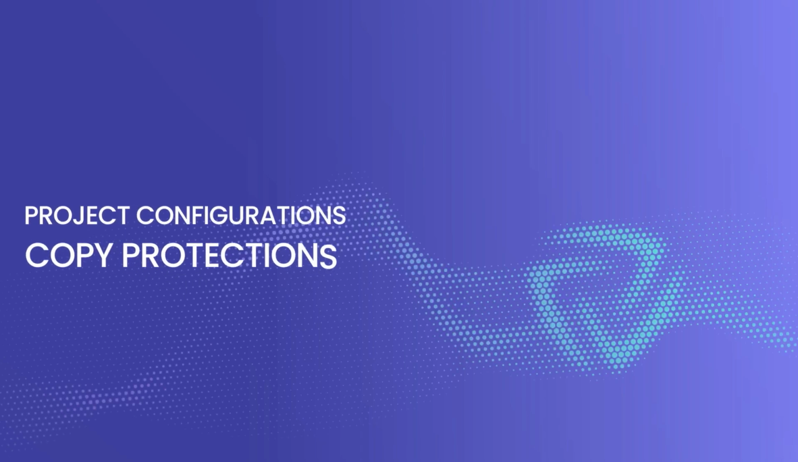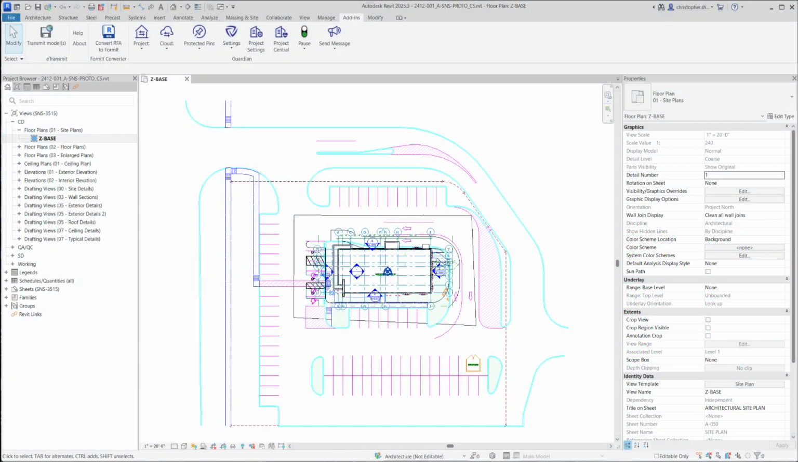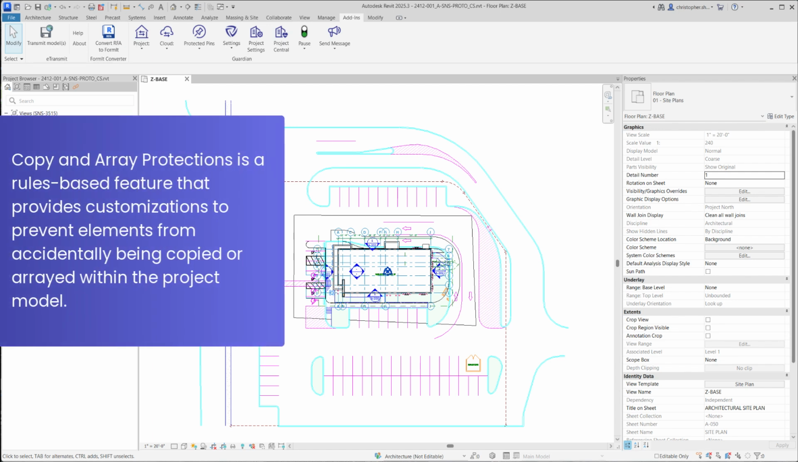Guardian's Copy and Array Protections is an effective tool to communicate to your users on the best practices for which elements should not be copied or arrayed. Copy and Array Protections is a rules-based feature that provides customizations to prevent elements from accidentally being copied or arrayed